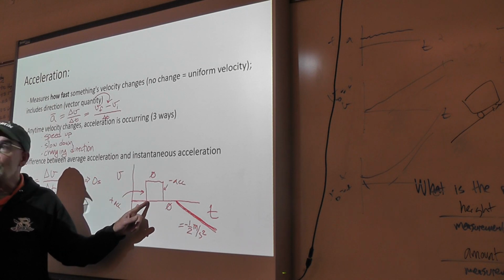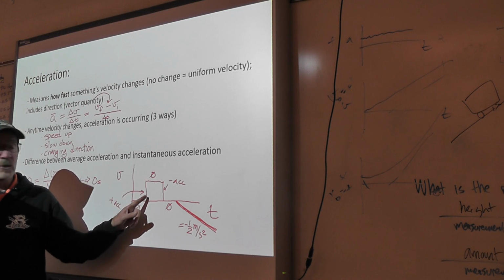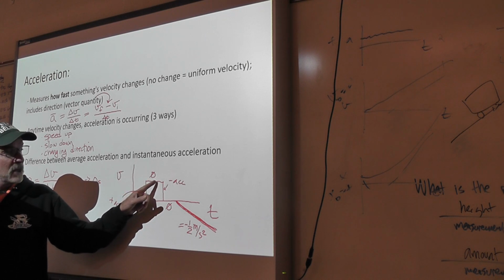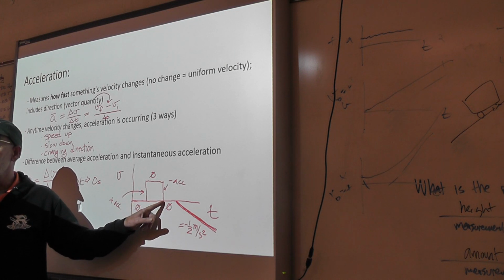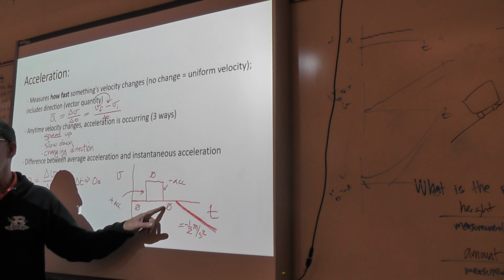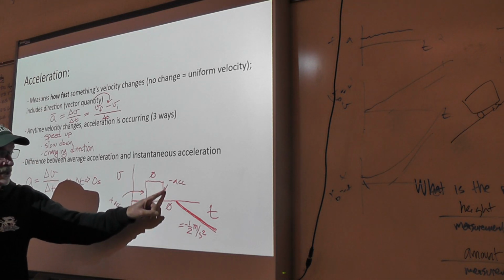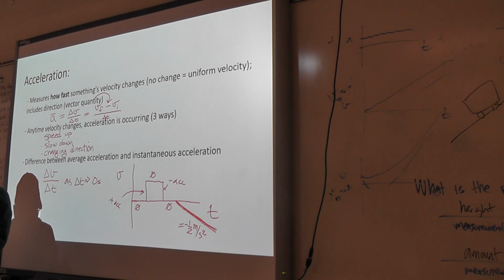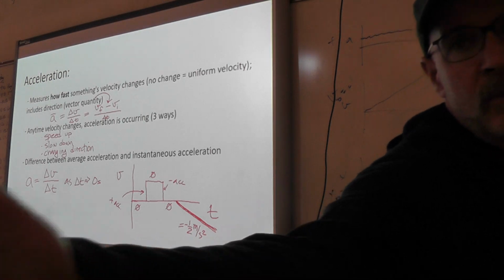Some time had to go by here. This would have been a very large positive number during which your speed changed from 0 to 1 meter per second. And then there would have been another really large acceleration here, huge slope here, during which your speed went from 1 meter per second to not moving at all. So the slope of these lines are those accelerations that didn't last very long, very large accelerations that had a very short duration. All right, that's going to be what we talk about